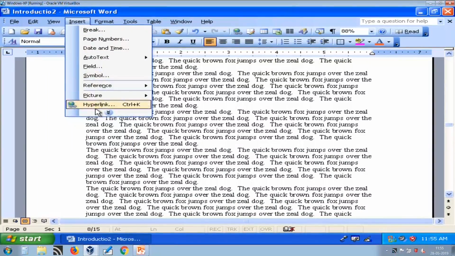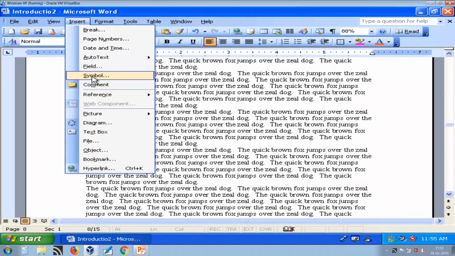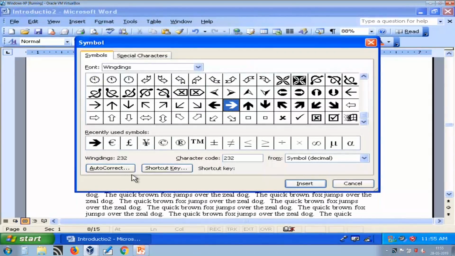Now, next is a symbol. Sometimes we do not have symbols other than standard characters on the keyboard. For example, you can see on screen these kinds of characters are generally not available on the keyboard and that you want to use.